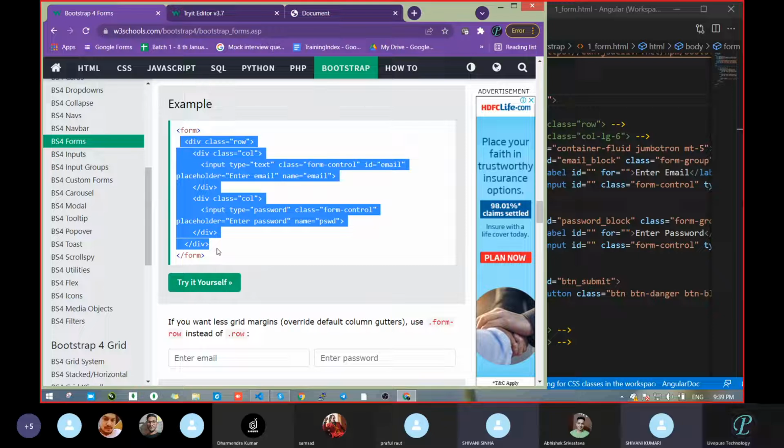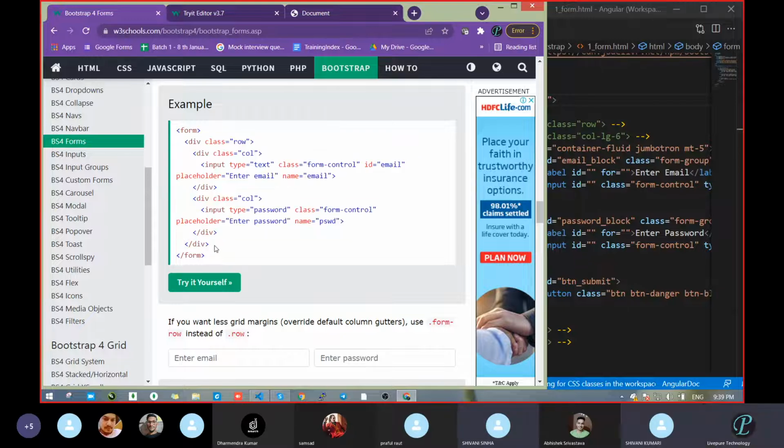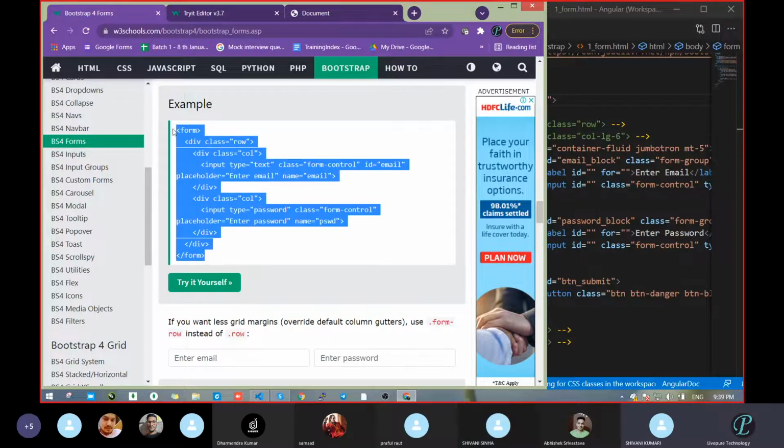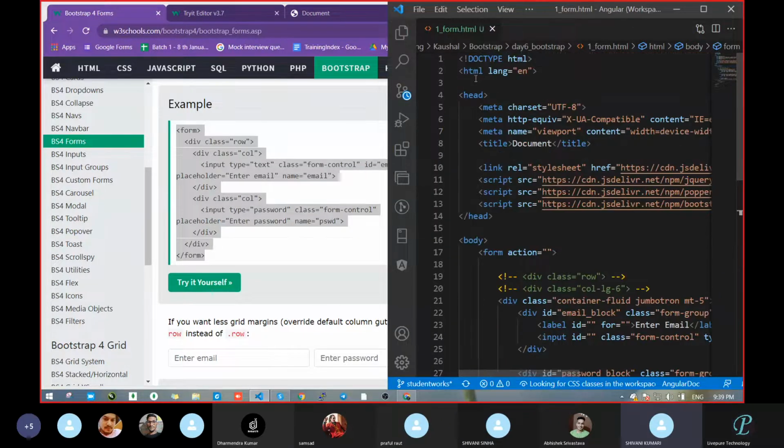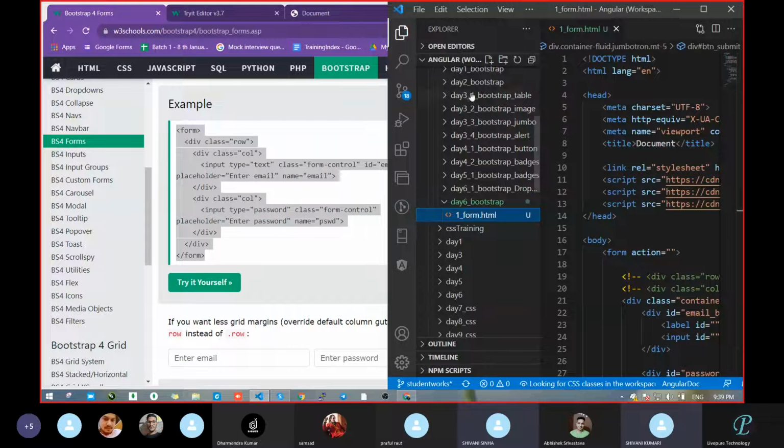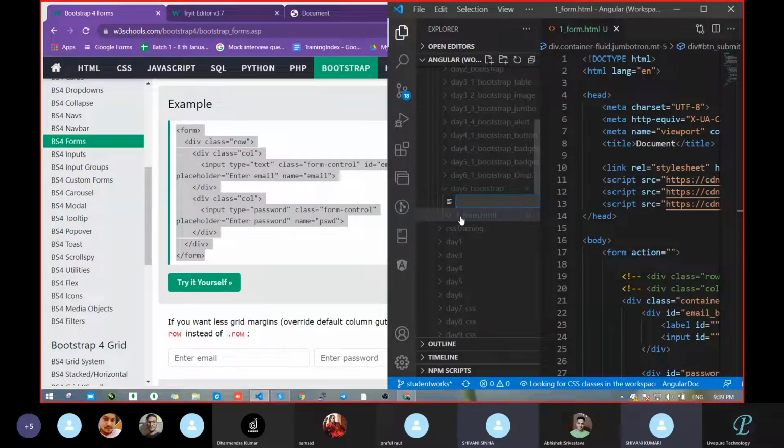Yes, sir. If we take 3 divs and we don't pass any value, then what will happen? Sir, if we take one more div and we don't pass any col value, what then? You're saying we take that three times. Okay, let's verify. We don't pass any value, only class equals col, in col_form.html.